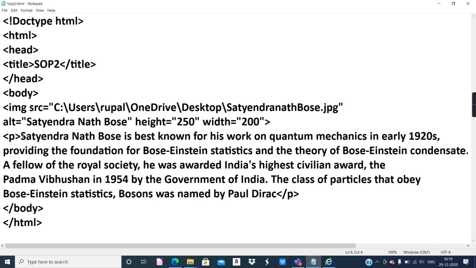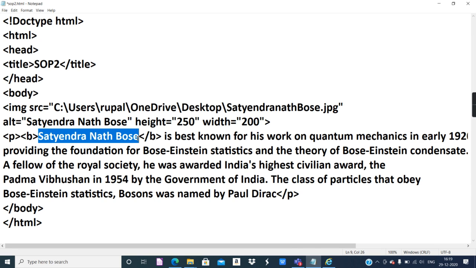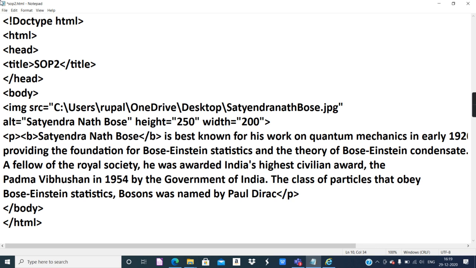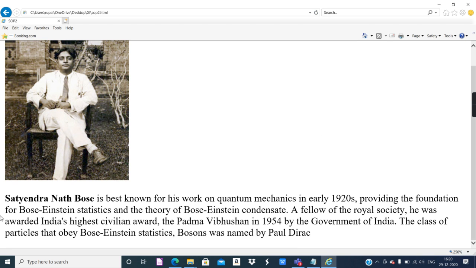So I'm going to give a bold effect over here. See, now I am nesting the tags, means providing tags inside a tag. So now the name of the scientist Satyendranath Bose is surrounded with the opening and closing of the B tag. That means this text will get a bold effect. Let's see if it happens. I think I did not save the document. I have to save it. Control S, come back, refresh. See,